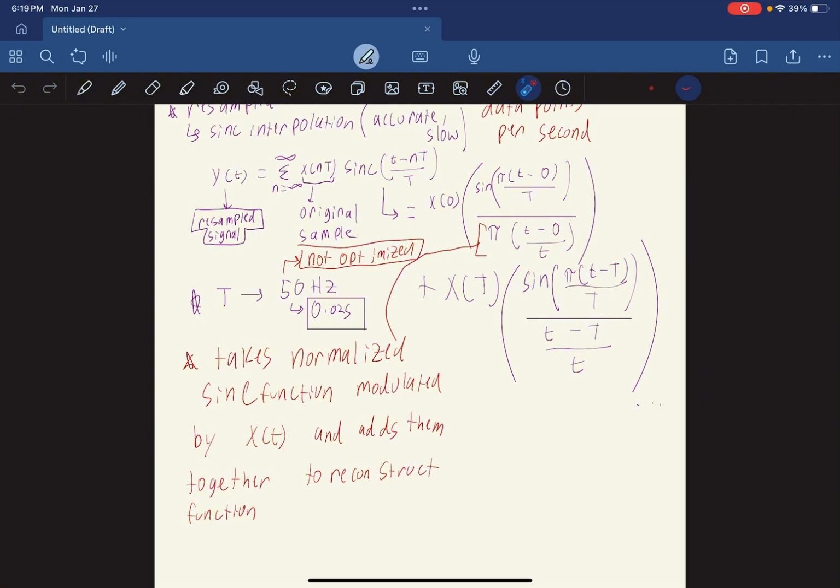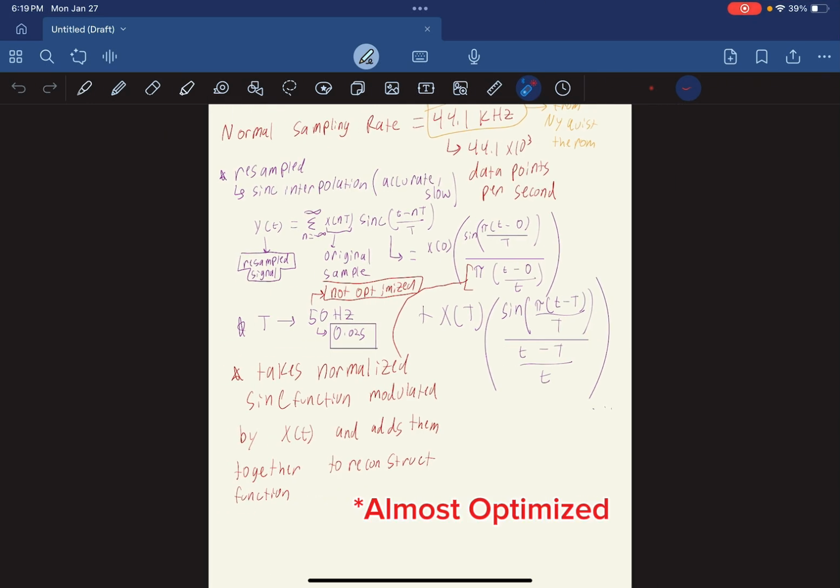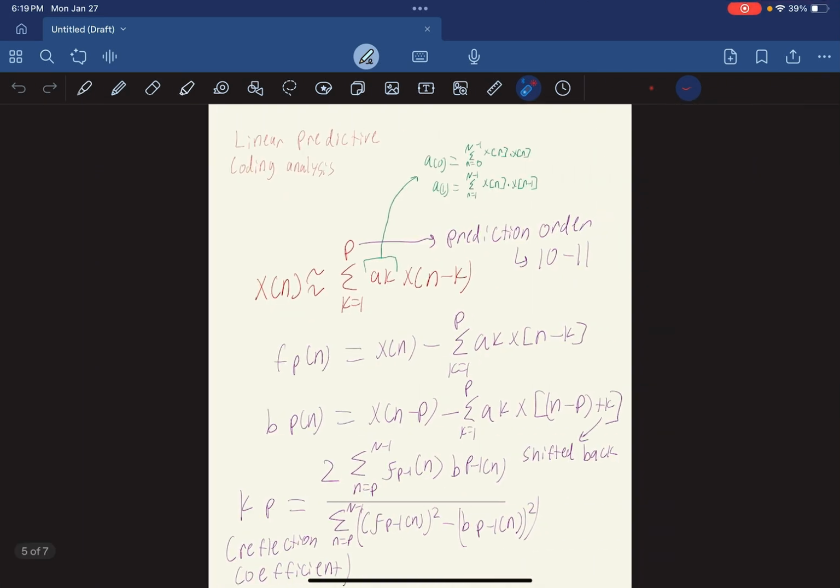So there's a trade-off, but 50 hertz is sort of the optimized value that they found works for this trade-off. All right, moving on. Okay, now we're